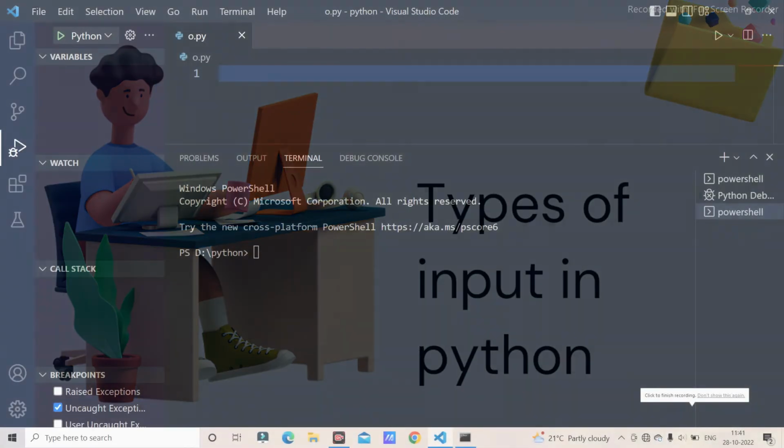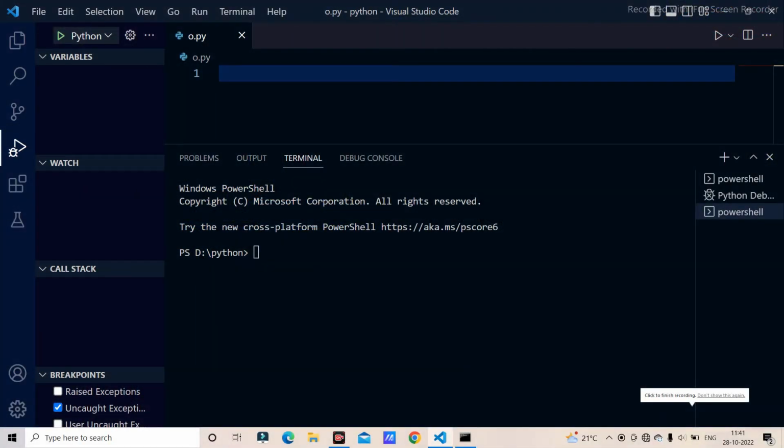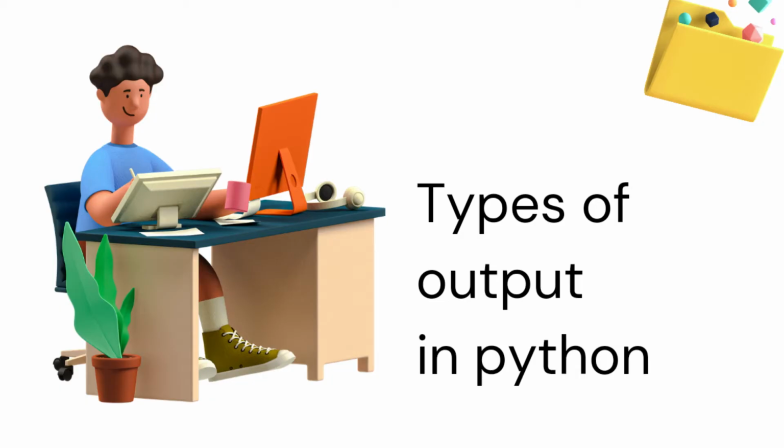Discuss about types of inputs in Python. When I say types of inputs, it includes single input and multiple inputs, single line input, and the matrix input. First of all, I am going to discuss the single input,